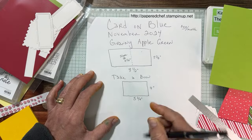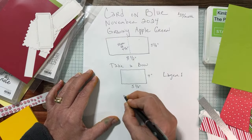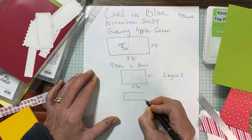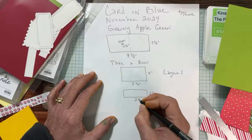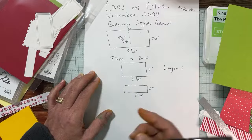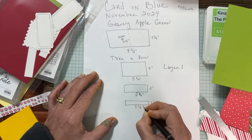All right. So this is going to be your first piece. What we're going to call this is layer 1, and it's going to be 5 1/4 by 4 inches. And then layer 2, I'm just drawing it over here. Usually I write the measurements under there. Layer 2 is going to be, I'm trying to make them the same size. Okay, so we're going to go 2 inches. Oops, sorry, 2 inches. So it's still 5 1/4. Look at how I'll change that to 5 1/4. Tell me I'm not a teacher and having to change numbers all the time. So that's 5 1/4 by 2. And then we're going to put the 1 inch there. That's what I have to try to remember. 5 1/4 by 1 inch. So we have layer 2,